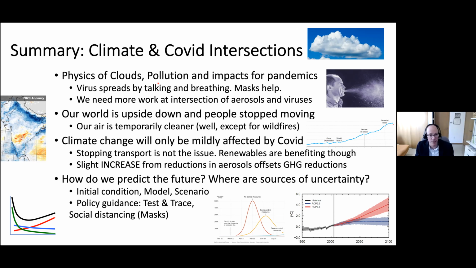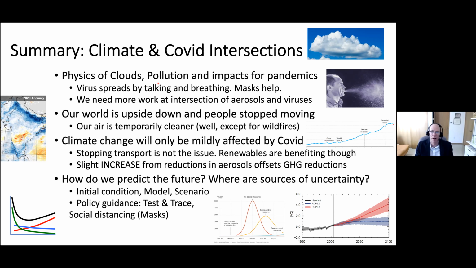We understand that from the physics of the problem. We do need more interesting work at the intersection of aerosols and viruses. There's a lot of expertise in our community, but not on dealing with viruses. And there's a lot of expertise at dealing with viruses in the medical community, but there's very few people working